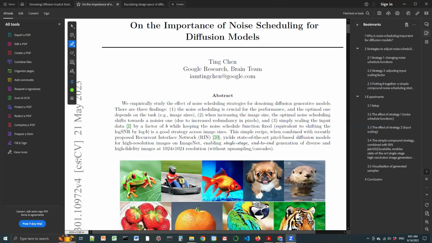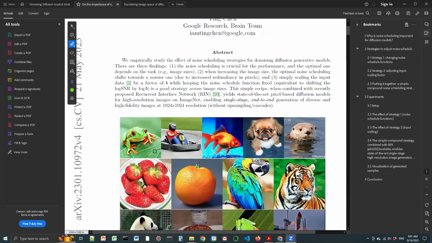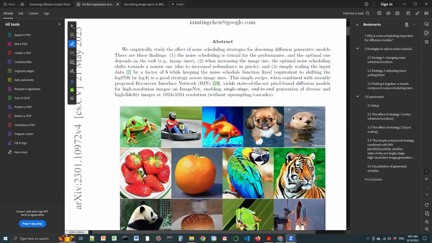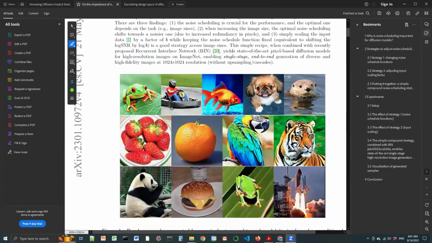And you can see some of the images that are generated are just brilliant and beautiful, very clear, and they are of different sizes and different resolution. So he then begins